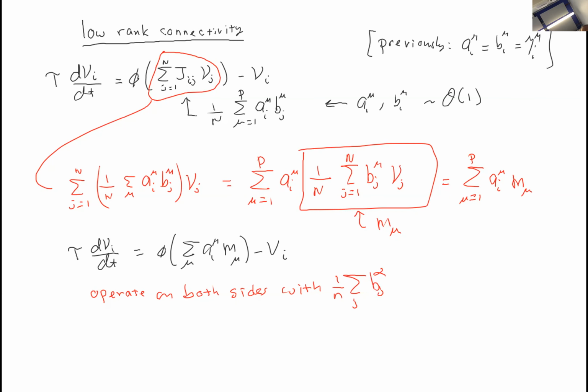And when we do that, we get tau d dt of 1 over N, the sum over i of B_i^alpha